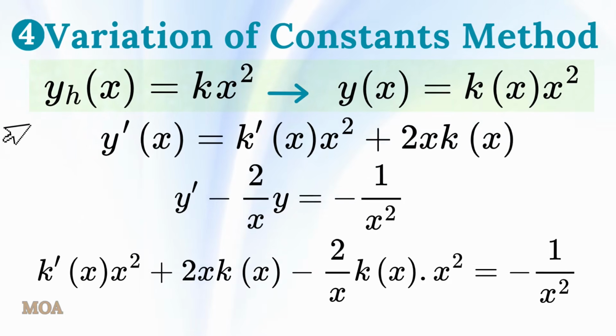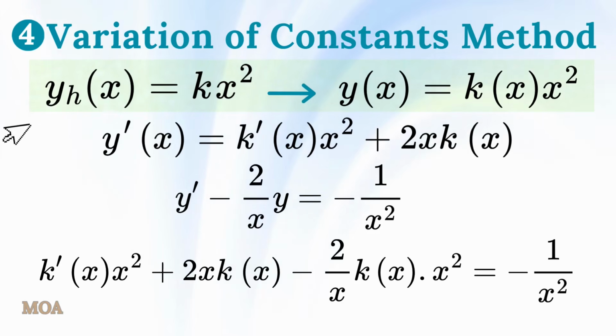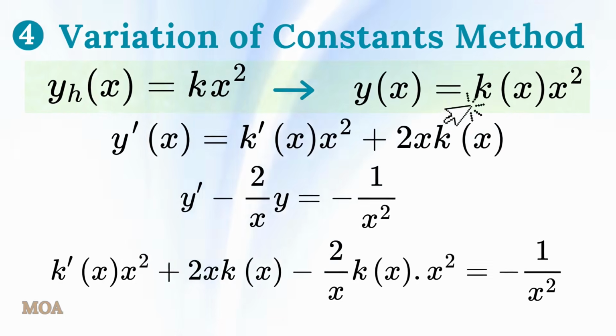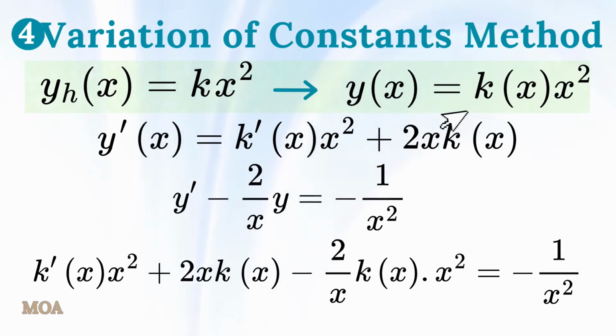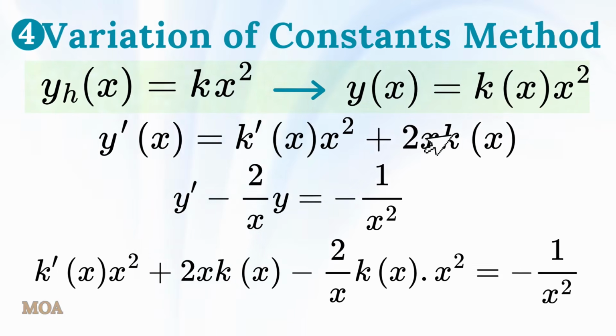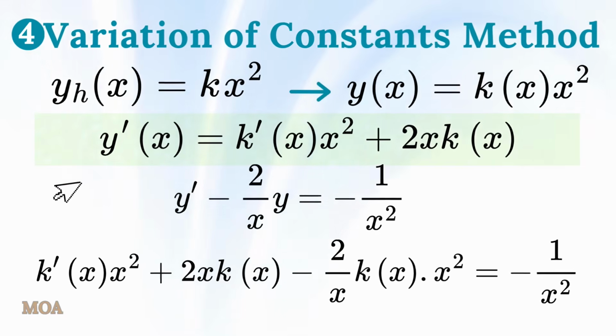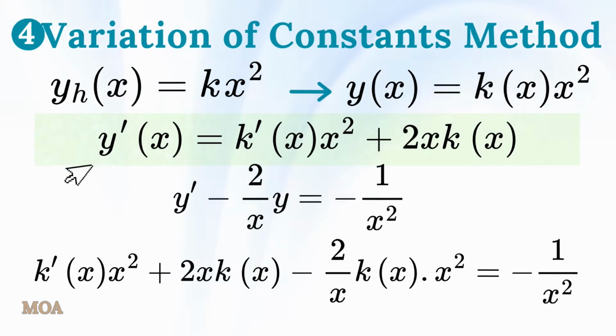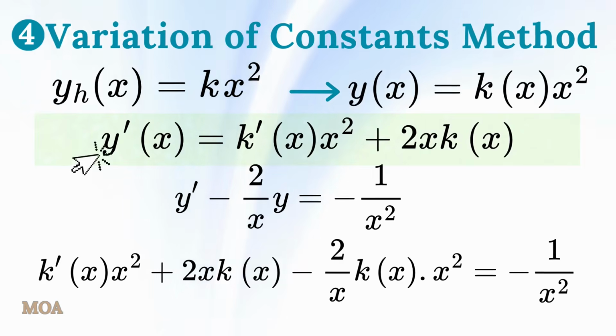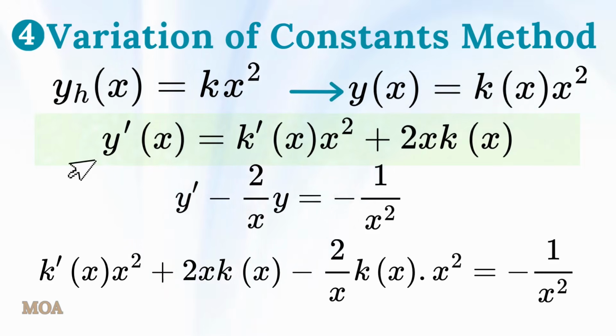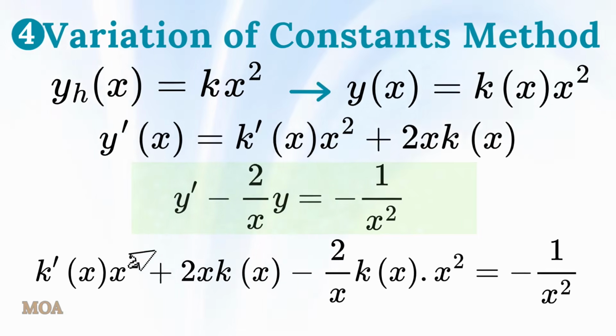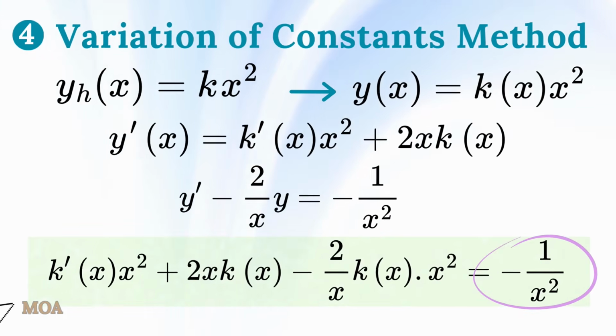So, we found that y sub h of x equals k times x squared. Now, let us vary this constant k and write y of x equals k of x times x squared. This implies y prime of x equals k prime of x times x squared plus 2x times k of x. Substitute the expression of y and y prime in the previous differential equation, we obtain k prime of x times